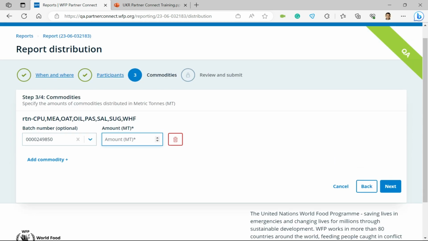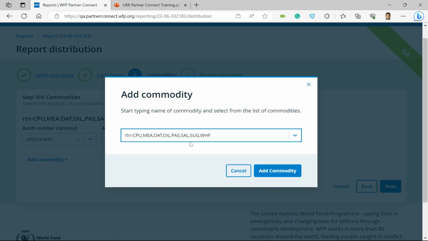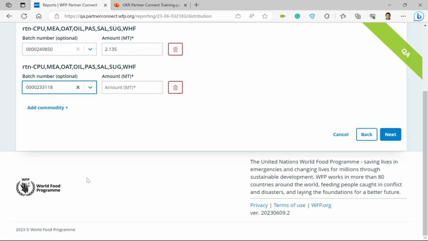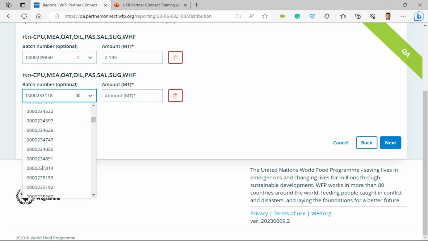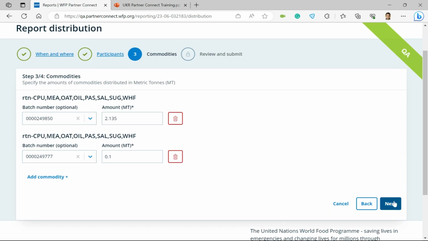So when we do that, we can report the amount of tons that we distributed. In this case, we distributed 2 tons and 135 kilograms. And we had the same commodity, but in this case, we had a different batch number. Right? So let's say this was this batch number, and the tonnage was a remainder from last time, only 100 kilograms. If we press next,